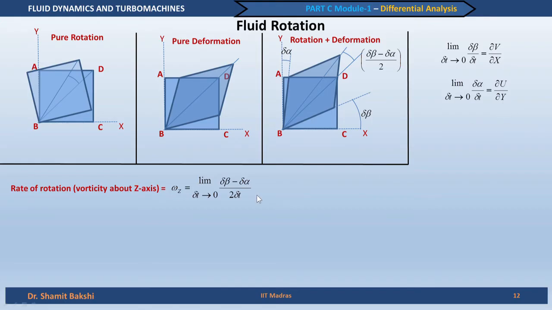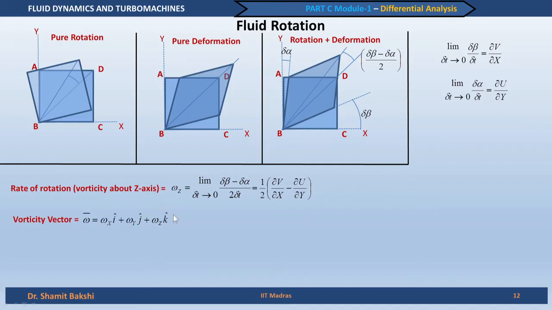If we do that, then we get something like this: half of del v by del x minus del u by del y. So, this is basically the vorticity about z axis. Now, as I was telling, if we consider a 3-dimensional flow, this becomes a vector quantity